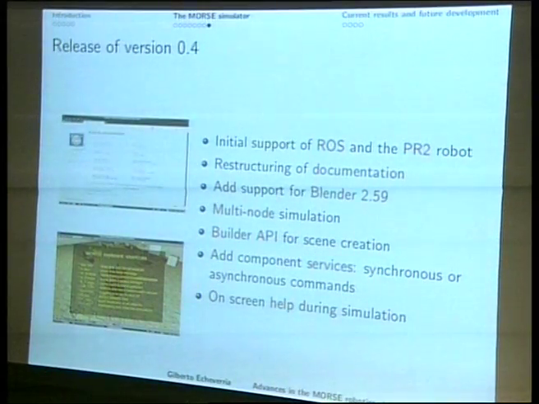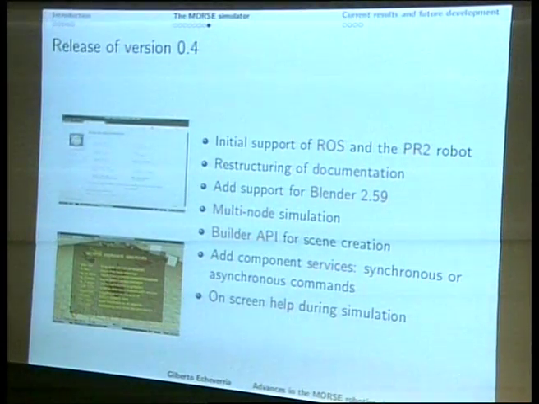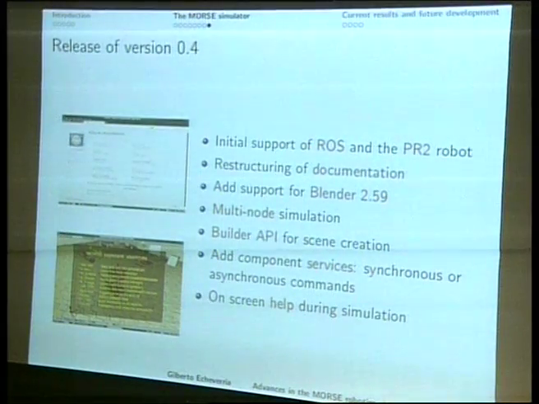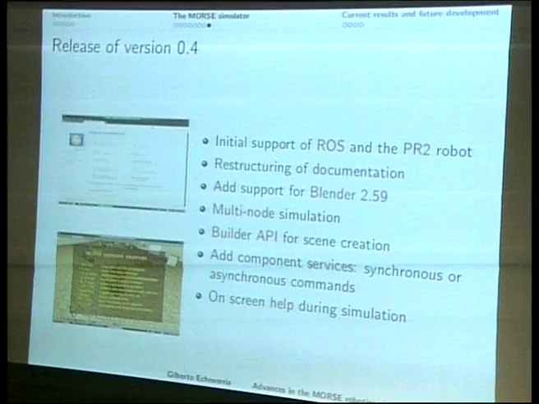So with all of this recent development, I'm not even sure when, about a month ago, we released version number 0.4 of the simulator with all of these new features. As you can see, there is support for ROS, which is important. Switch to Blender 2.59,